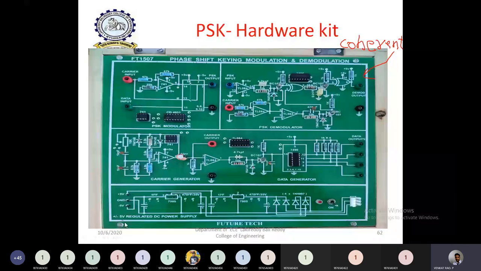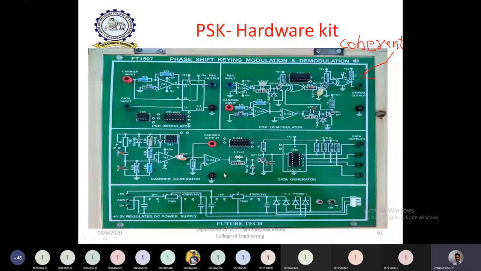So how to convert AC voltage to DC voltage? If there is a power adapter pin connected here, that adapter converts the available 230 volts AC signal to a DC signal, and that DC signal is again regulated to a constant 5 volts. This is what is called the regulator circuit. I think you all know about these things. This is the 7805 IC, nothing but the voltage regulator. By using this voltage regulator IC, you can maintain the DC signal constant at 5 volts. So that 5 volt supply is given to all these circuits. Clear?